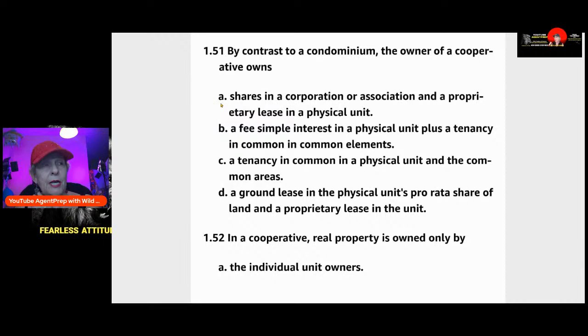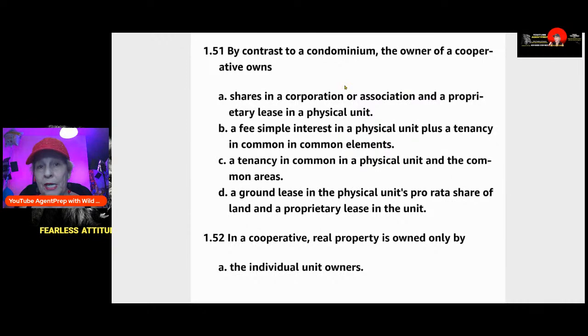So they have shares in a corporation or an association, and a proprietary lease in a physical unit. So corporations will have them and they'll use them for shareholders or employees or others to lease a particular unit, but they have shareholders. So in a cooperative, like you have a